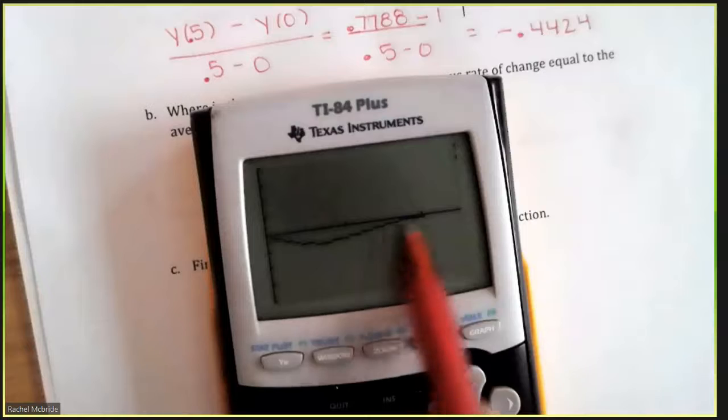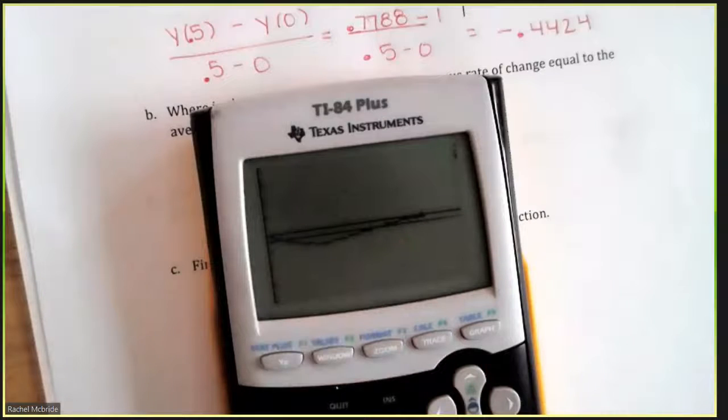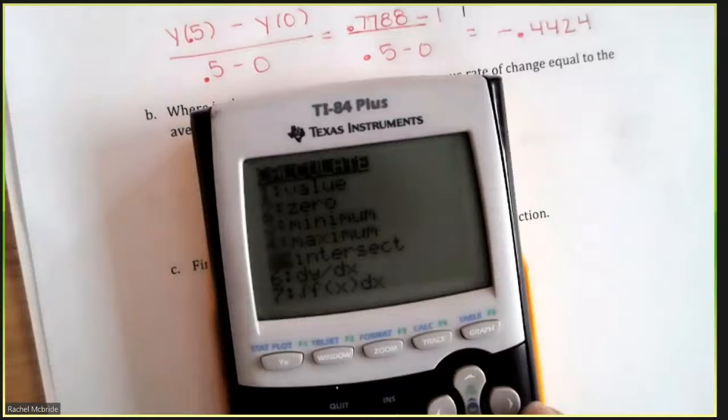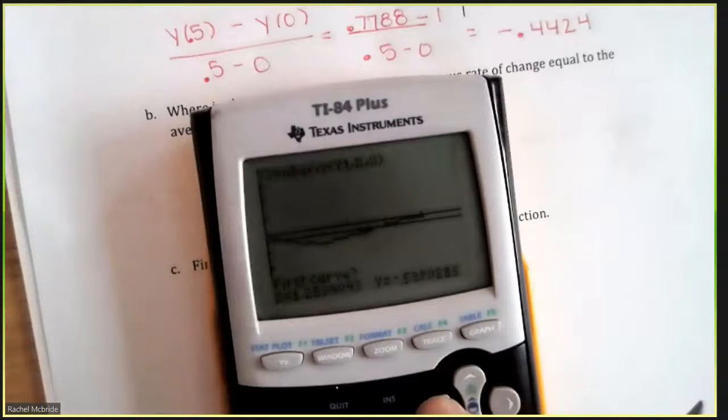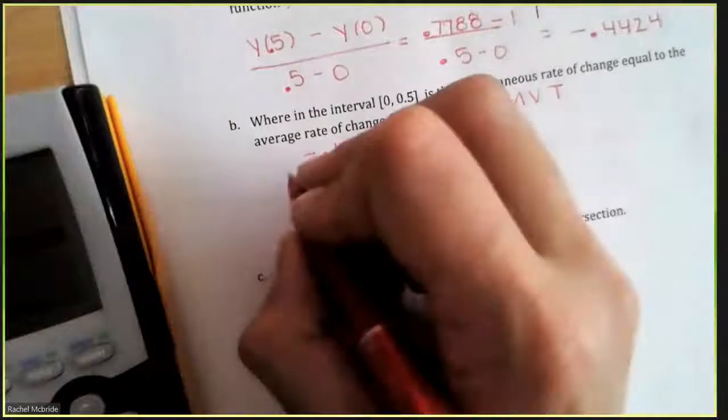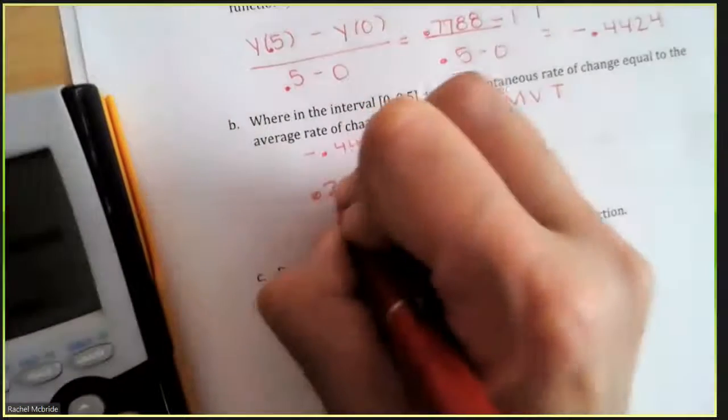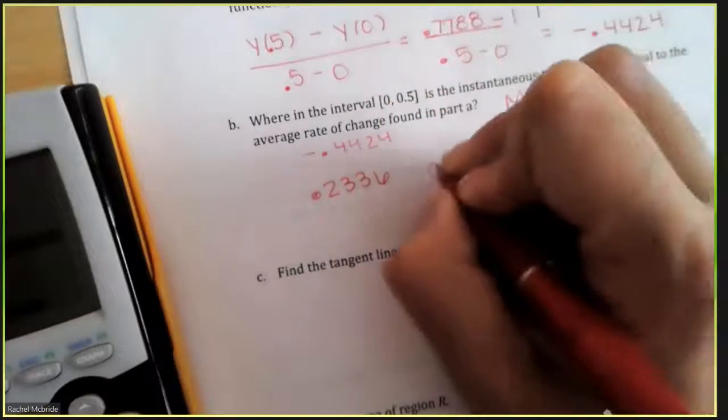So here's my derivative, and here's my slope. So second trace, intersect. Enter, enter, enter. So they intersect at 0.2336,